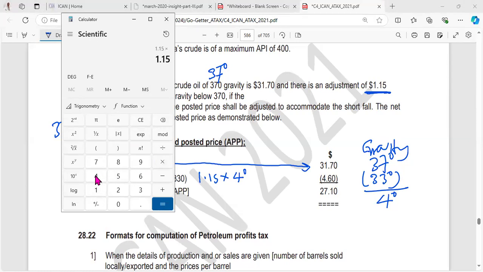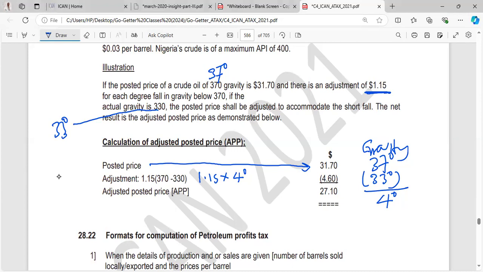1.15 multiplied by 4. That's what gives me this 4.6. So because this is lower than the standard, we are going to remove it from the price. So it means that your posted price, your adjusted price. So you are adjusting your posted price. This is the posted price, which is the standard. Now you're bringing something less than standard. You need to adjust your posted price. So it is now becoming adjusted posted price. So we'll be seeing a lot of adjusted